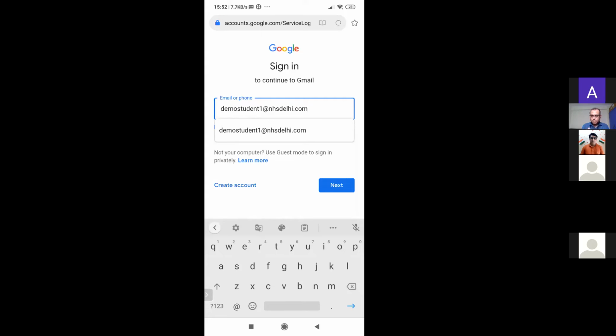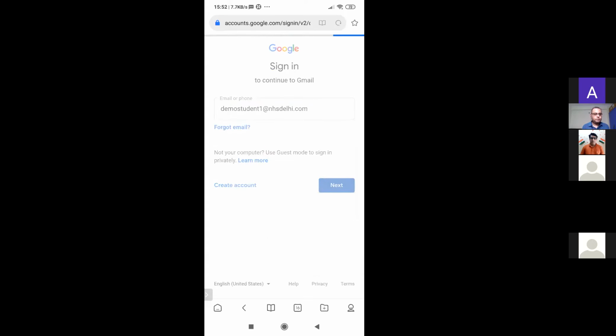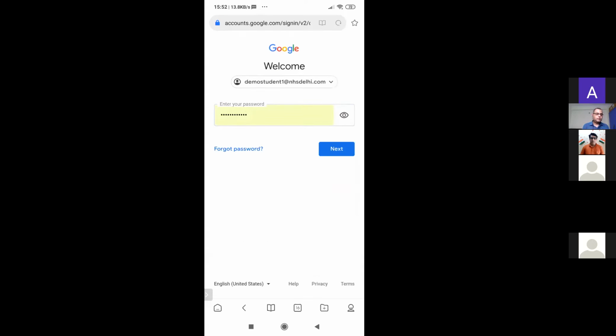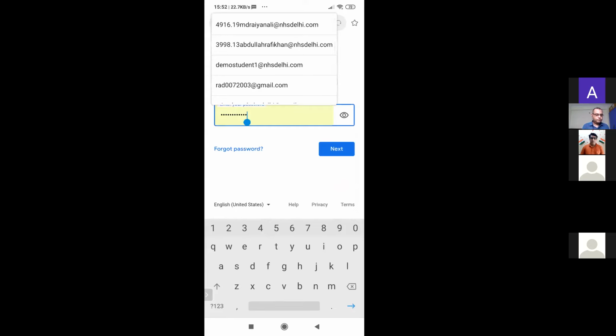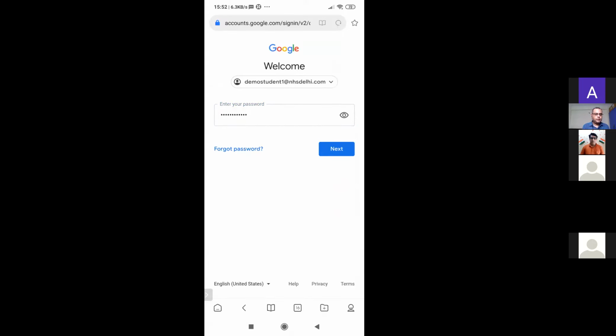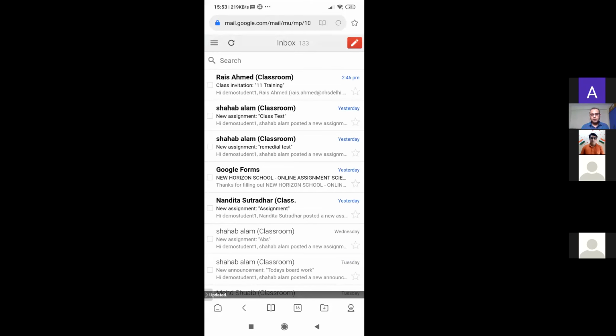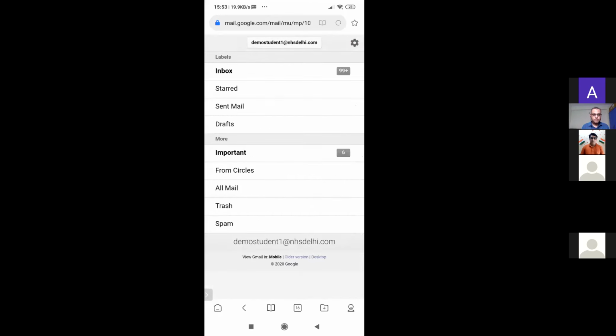So you will write your Gmail ID, tap on next button, and write the password here. And tap on next button. And you can see that now the Gmail of demo student one has opened up.